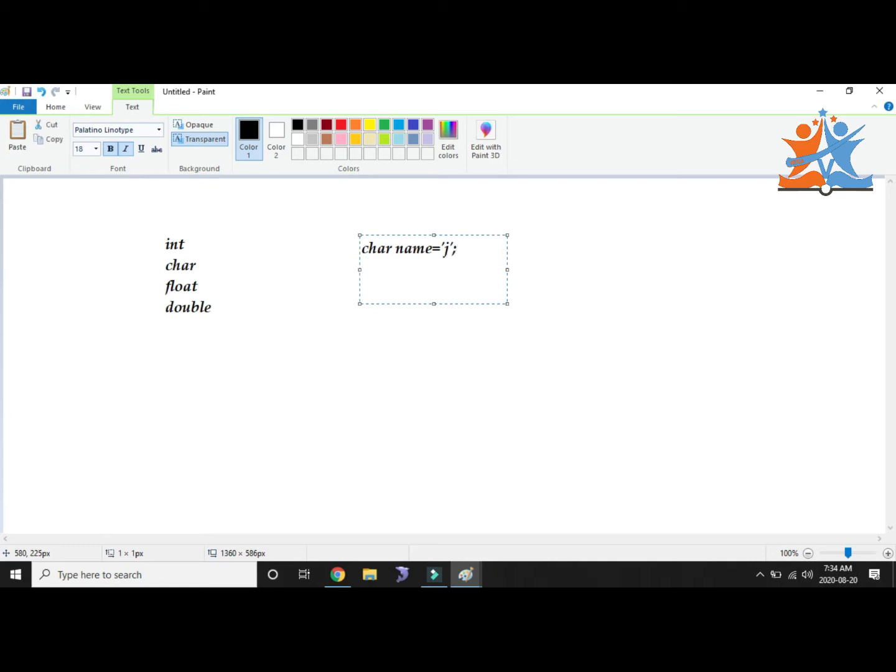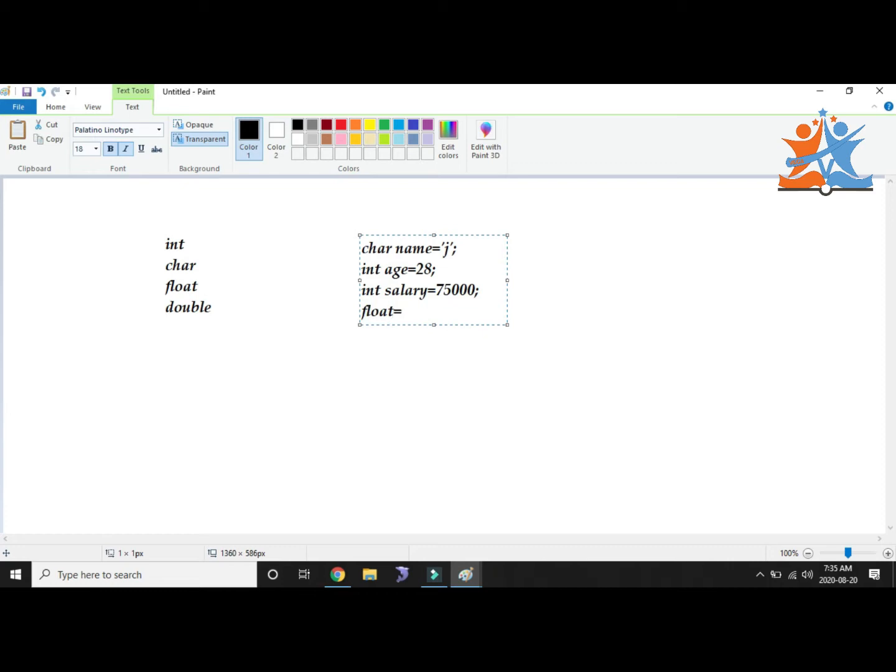After that, his age: int age is equal to, for example, 28. And after that, the salary: int salary is equal to 75,000 per month. After that, his working percentage, nothing but the efficiency of his working, we calculate in a float.